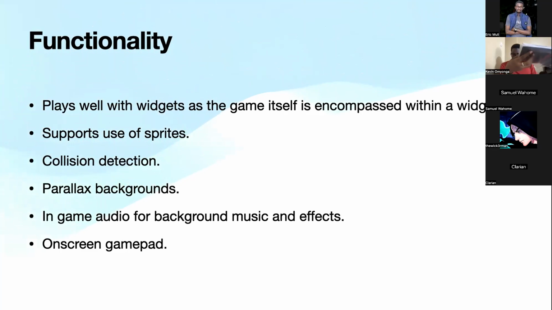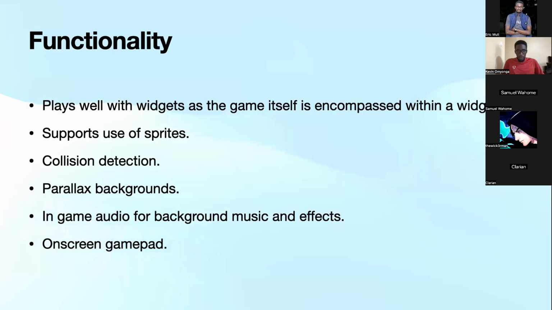So with sprites, you're able to take 2D images, say one taking a left step, another one taking a right step, and then you loop through those images and you're able to create the illusion of perhaps an individual walking, or maybe an enemy flying or hopping around. All of that is supported through the Flame engine.